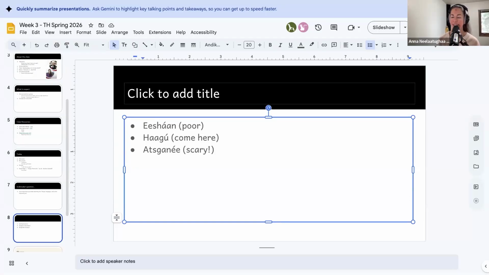I can kind of relate to that. I think my favorite thing about learning Tlingit is the human connection that you end up having with people. A couple of you mentioned wanting to be connected to your roots and finding out where you come from. And I love that. I wrote the words that you mentioned on the screen.